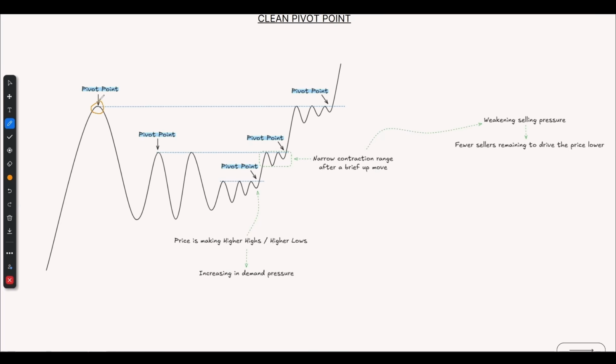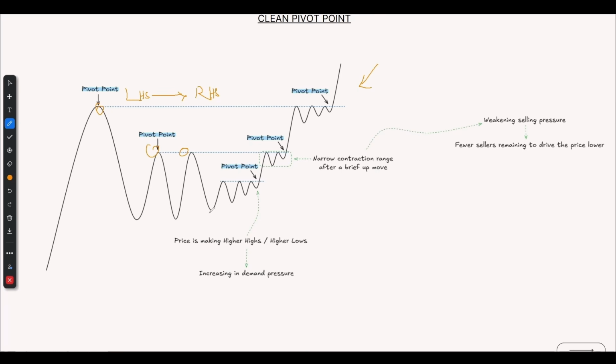The pivot points should be clean and precise without much volatility, and this is how a clean pivot point should look like, where the highs are even and after the change of character has happened from LHS to RHS,